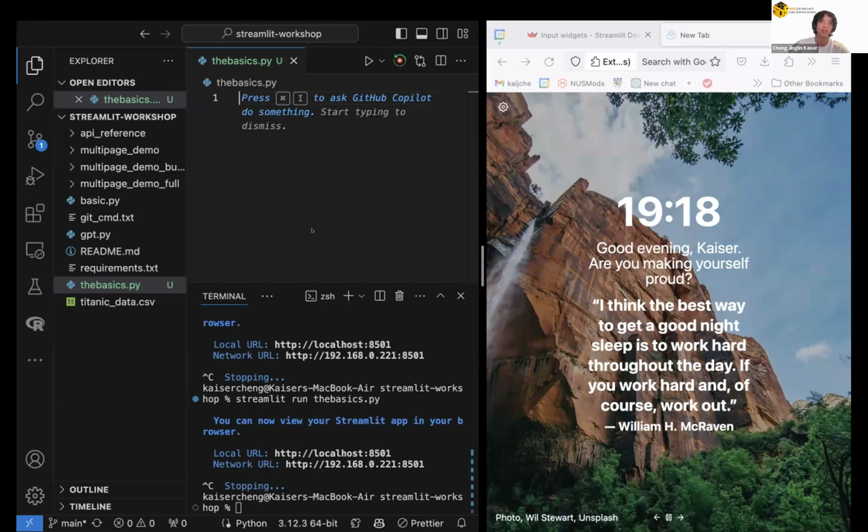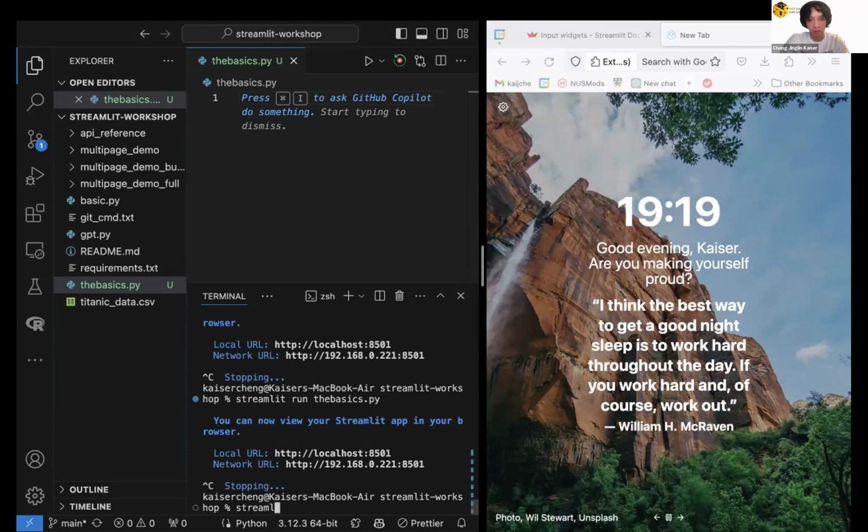I'm going to assume that you have most of the necessary setup and your packages installed. If not, you can do that after the video or rewatch the video. One of the best practices in Streamlit is to have your browser side by side with your IDE. That way, when you edit something in your code, since Streamlit automatically updates, you can see live changes happening right away. So right now, I'm going to run this blank basic.py file